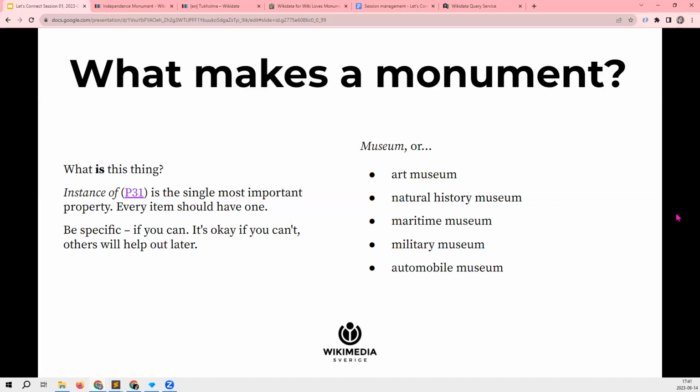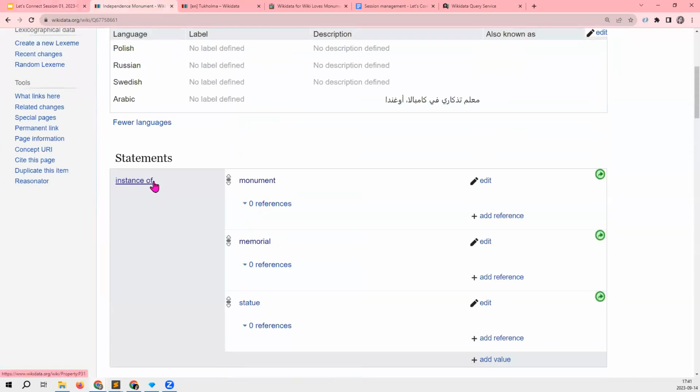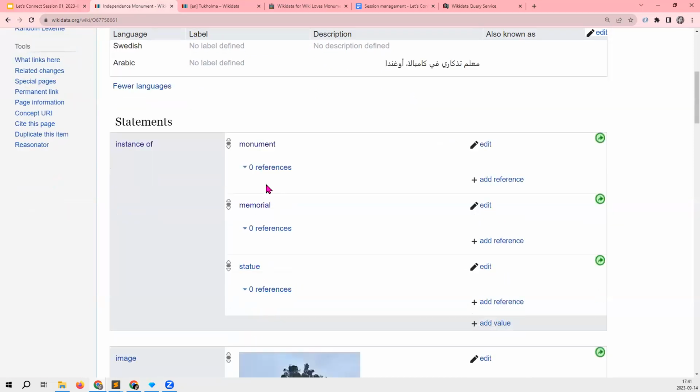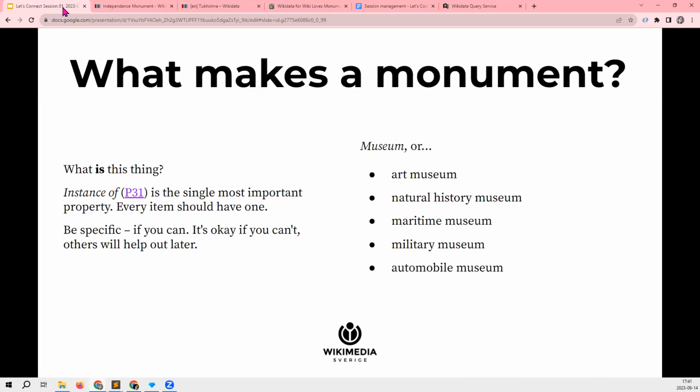The most important property, one that you should always add to a new item, is instance of, because it says, what is this thing? As you can see in this example, any statement can have multiple values, and a helpful tip is that you should always be as specific as possible.